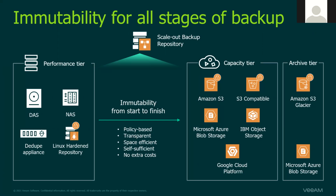Now, as we take advantage of Veeam and scale out to object storage, when it comes to capacity tier and archive tier through S3 object lock, we also have the ability to make those backups immutable. So capacity tier and archive tier, we can make immutable as well. Once again, immutable means you can't delete it and you're stuck with it for whatever your retention period is. So let's take a little bit more of a look actually at AWS